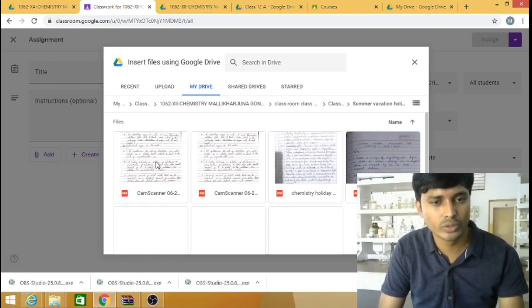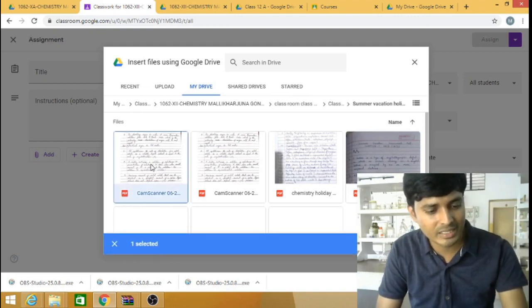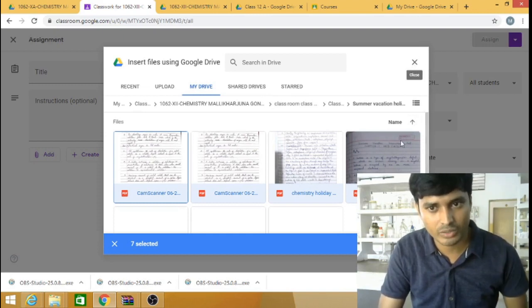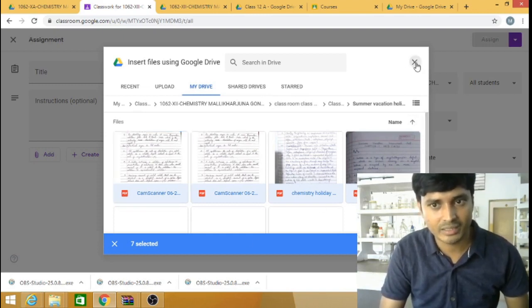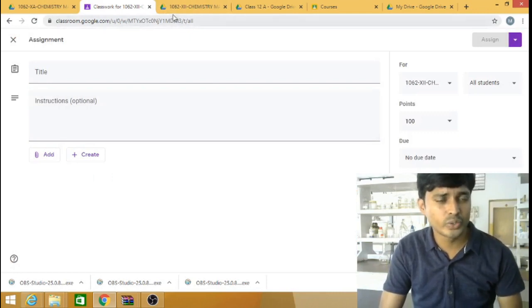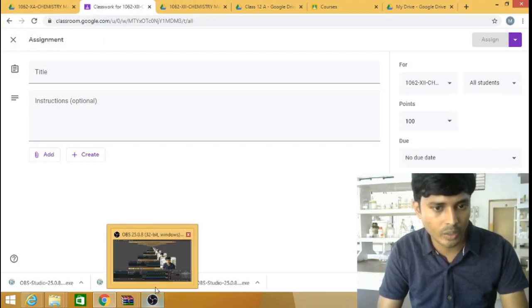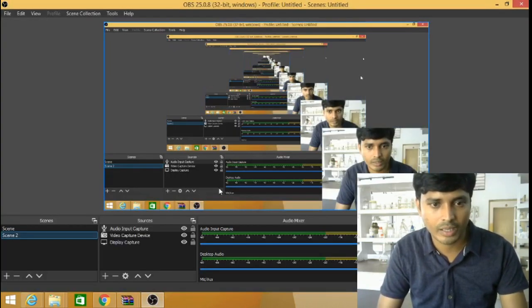If you still want to show it to the students in the same manner, you can press Control A. So all files will be selected, then you can do the insert. Then students can also check whether they have completed that assignment or not. That's how 7 files can be inserted. That's how you can transfer all files together. So that's what this video is about. I think I made your job easy now, because transferring files one by one by copy paste is not such a simple job, right? I hope this is useful for you.